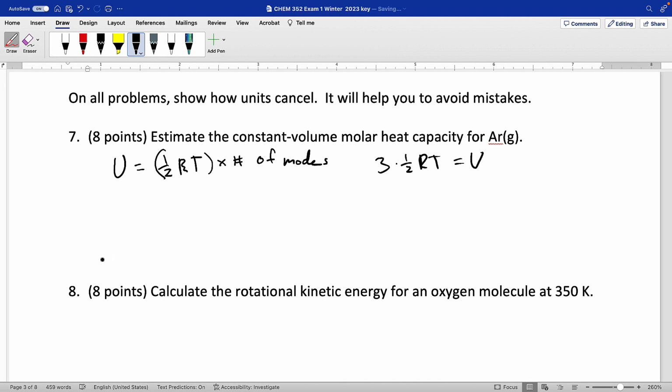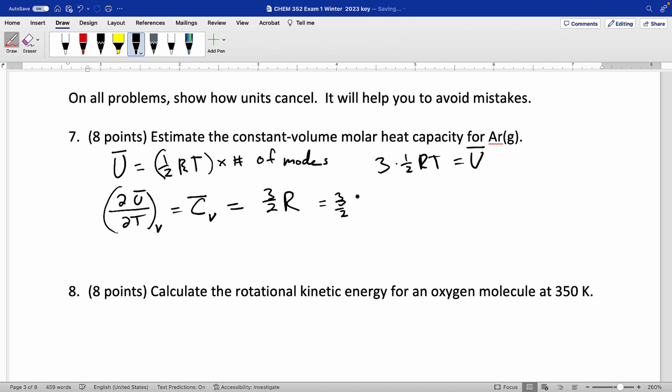And so notice this actually will give us the internal energy per mole. So let's just write that there. And so if we take the derivative of the internal energy with temperature at constant volume, that will give us our CV. So take the derivative of this expression, we end up with 3/2 R as the molar heat capacity. So we plug that in, we get